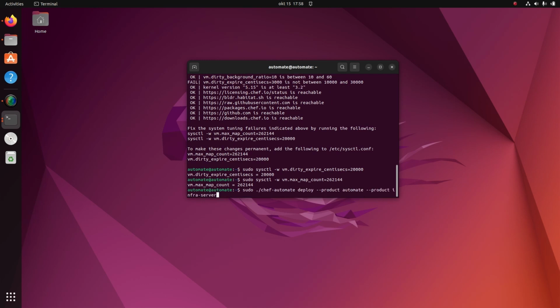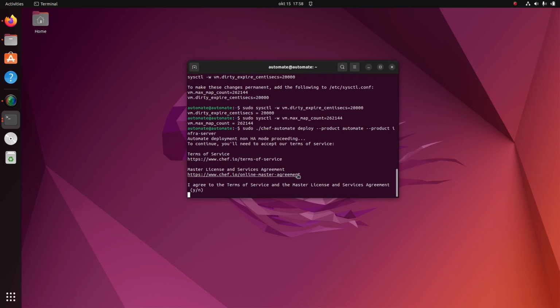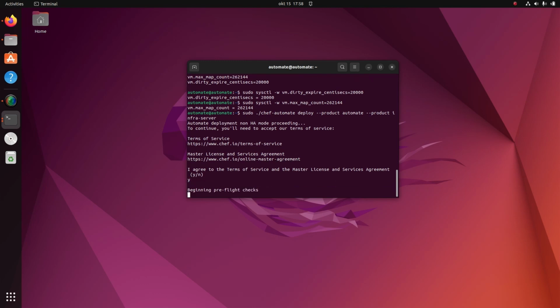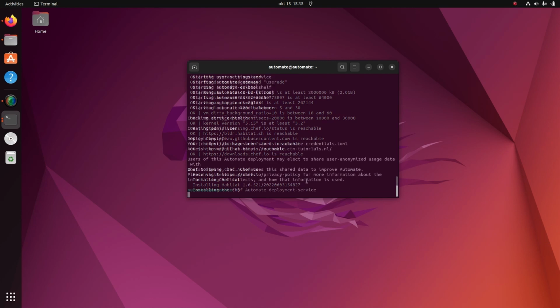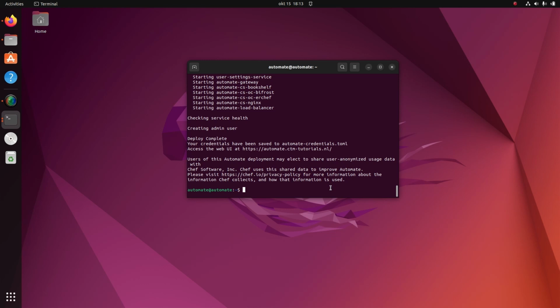So now I'm going to execute the deploy command again, and this time, after accepting the terms, the pre-flight checks should be successful, and now it will be installing the Chef Automate server. After Chef Automate has been successfully installed along with the Infra server,